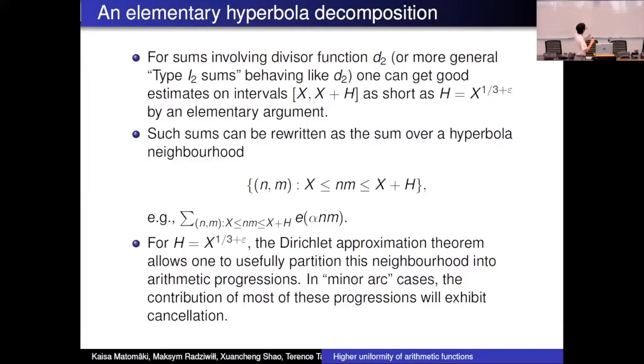Well, that also uses the Dirichlet approximation theorem in some sense, but you can split up this neighborhood into lots of little progressions, and as long as you can show that on most of these progressions there's a little bit of cancellation, then there's a cancellation on the whole sum. And we understand how to sum things like e to the alpha n on arithmetic progressions, and that turned out to be by far the most effective way to do things. So sometimes the most high-powered technology is not the most efficient.